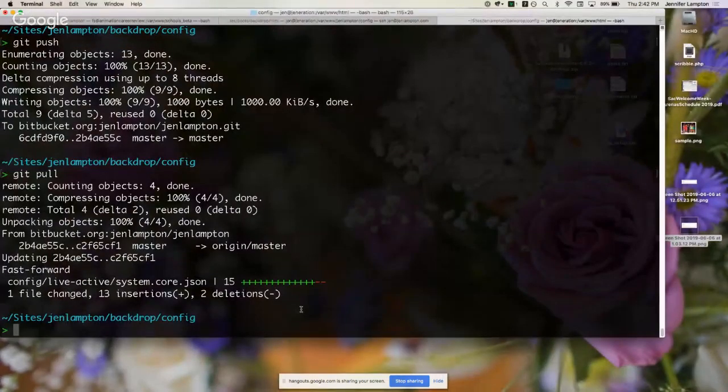So that's the figure 8 method. I find it's really fast if there's only one developer. As soon as you add more than one developer, it gets really confusing because you're like, wait, was it your dev active or was it my dev active? And then you start overriding each other and it gets really complicated. So when there's more than one developer,